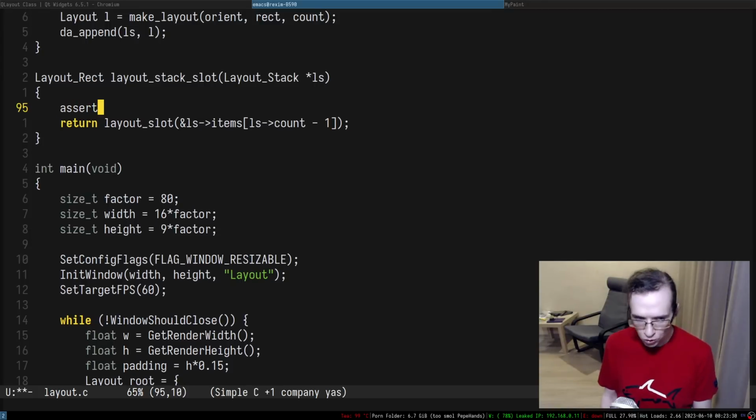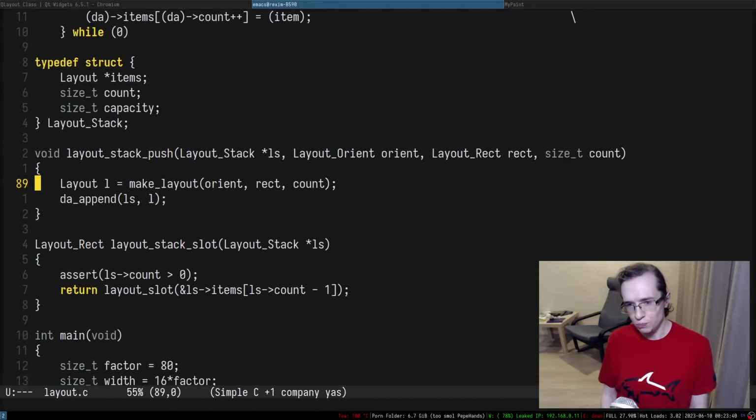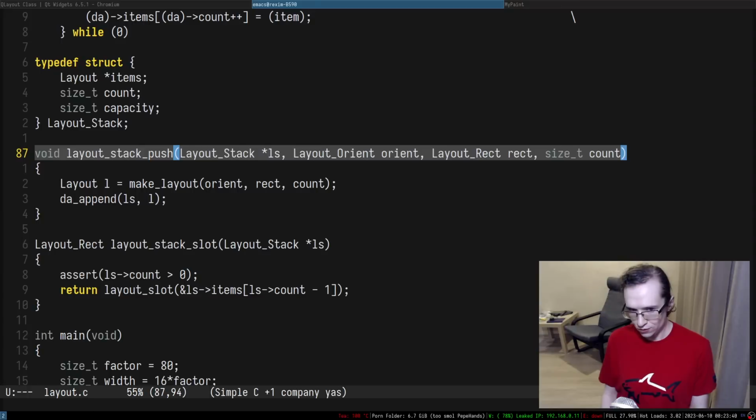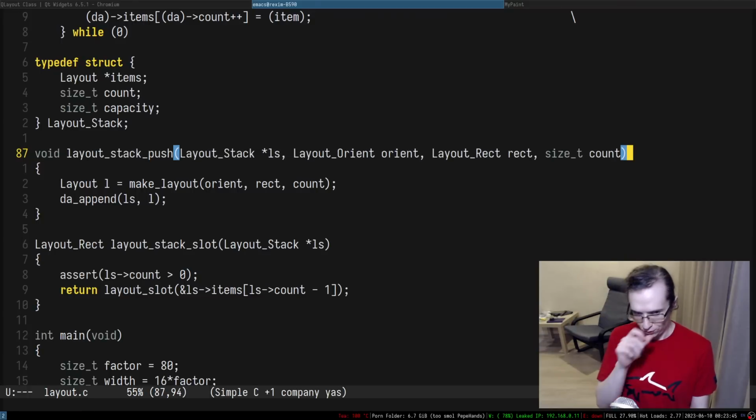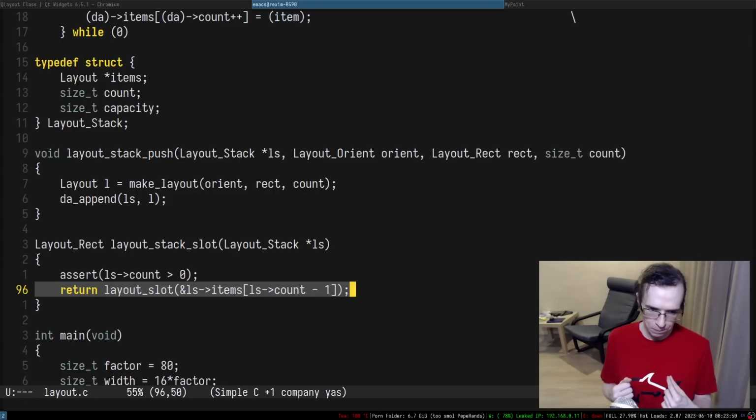So one of the things we probably have to do, we have to assert that the count is greater than 0. There we go. So essentially this thing allows us to push new layouts, and then just basically draw the slots out of this entire thing.